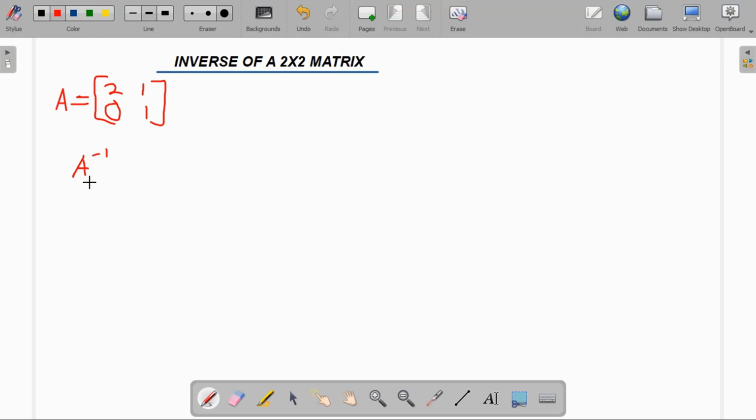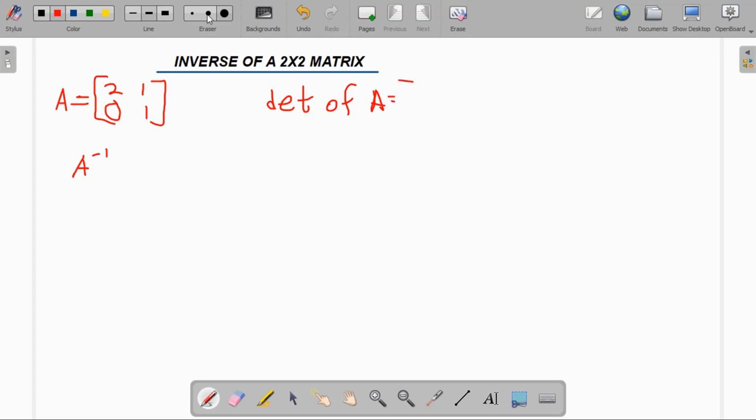So how do we find the inverse? First of all, find the determinant. So we find the determinant of this matrix. This is a 2 by 2 matrix. So first of all, we are going to find the determinant. So we are going to say determinant of A is,